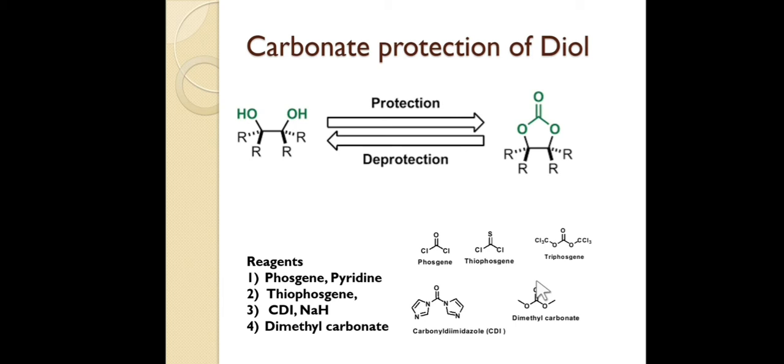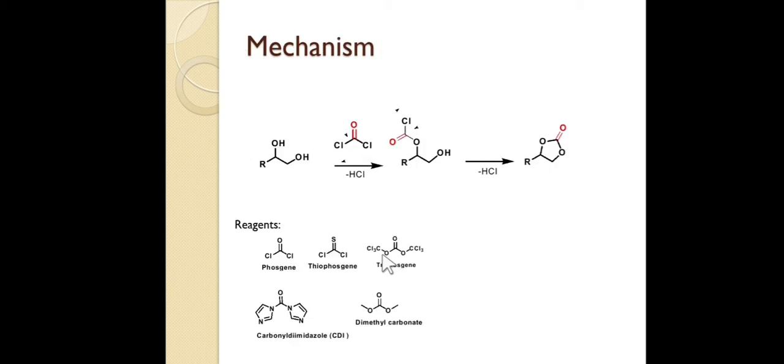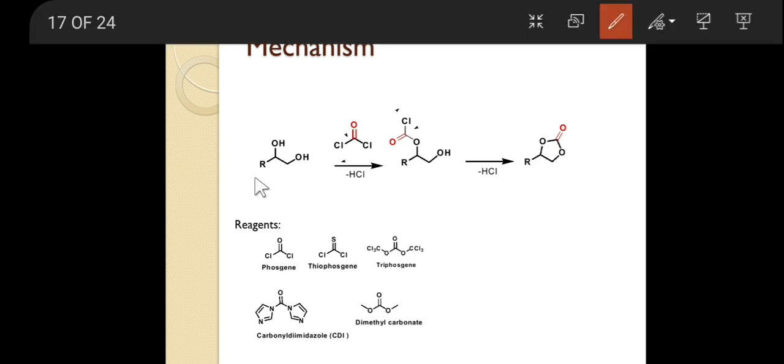Okay friends, let's see the mechanism. I think most of you already got the mechanism. Simply, OH will attack on the carbonyl and then we will get 2 HCl molecules. So let's see the mechanism. There is a problem with our ChemDraw arrows. I already drew those arrows, but somehow they are not shown here. Okay, I will draw it again. This OH will attack on the carbonyl and Cl will leave as a leaving group, so we get an HCl molecule.